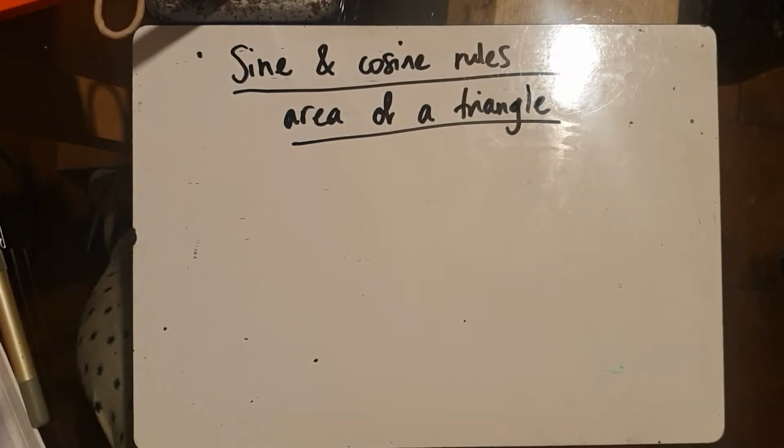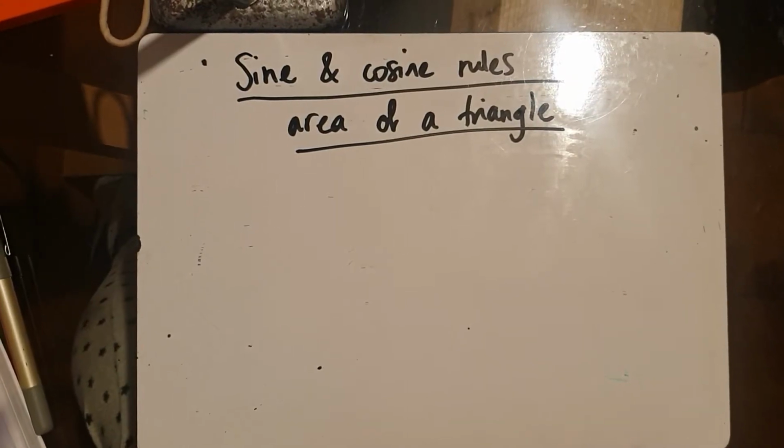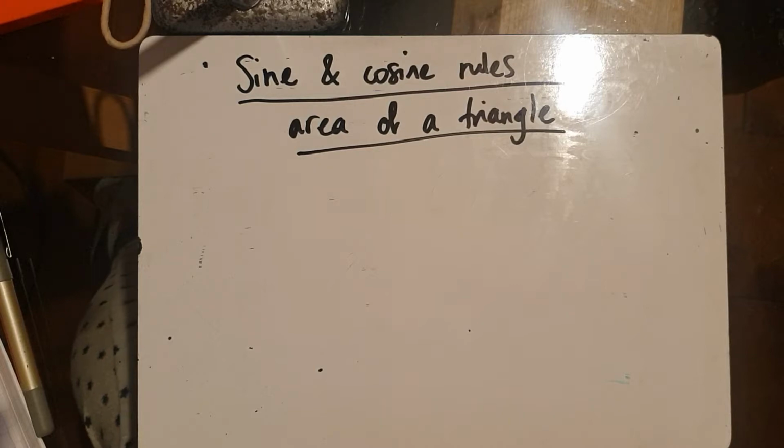Hello Year 11. Today I want to recap the sine and cosine rules and the area of any triangle. Now I'm sure we remember this to some extent because, as I'm sure you remember, Munir did a very good example of these for us in the last lesson before Christmas. So it should be quite fresh in your memories, but I'm going to go over it anyway